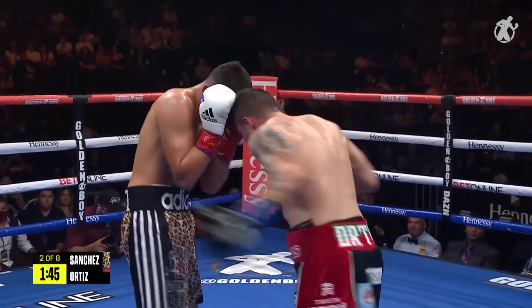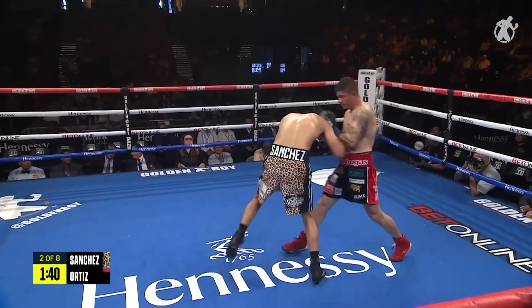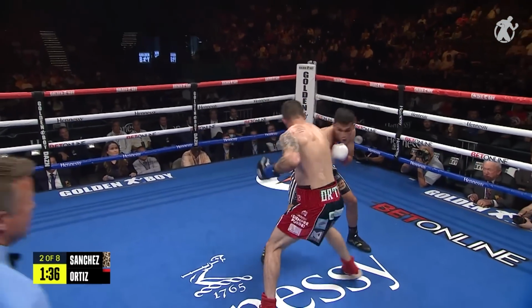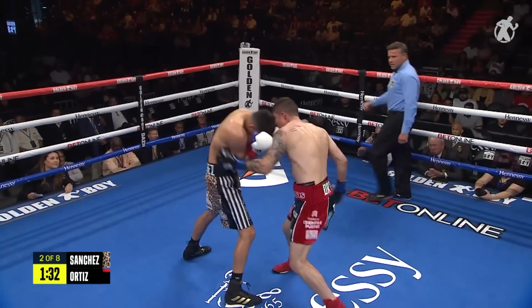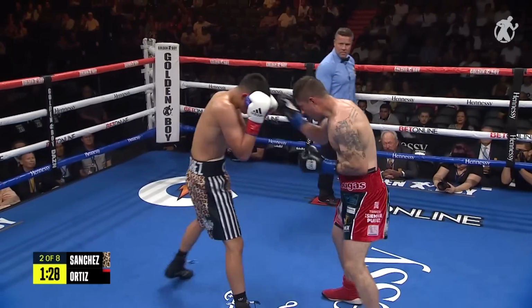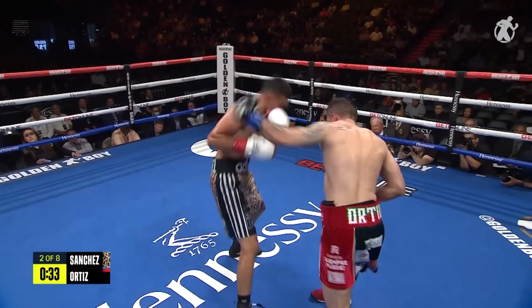It's interesting to see Sanchez keep this fight on the inside. He has got the height and reach advantage. Doesn't seem interested in using it. Sanchez might be rocked. He might be hurt right here. Look at Ortiz. Ortiz landed 2 big shots to the top of the head of Sanchez. No movement at all from Sanchez. He's staying right in the pocket. It's exciting to watch, but this...